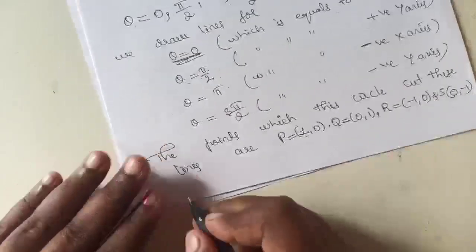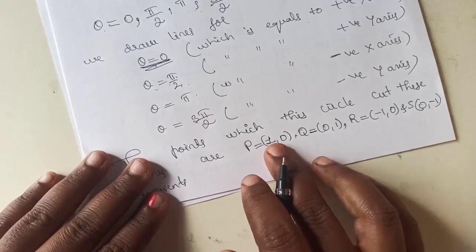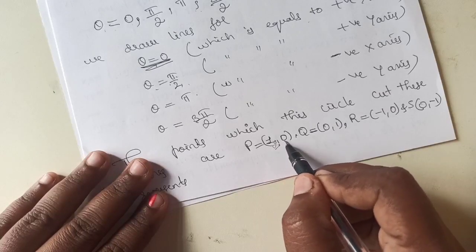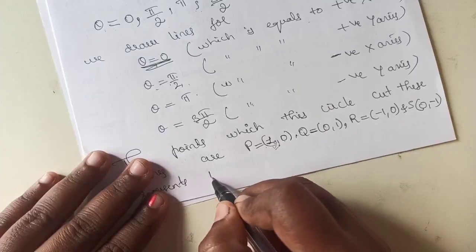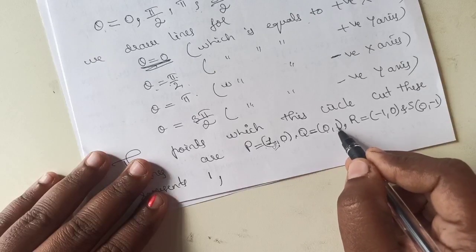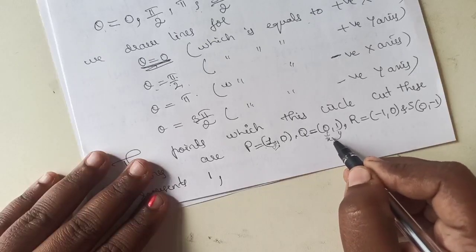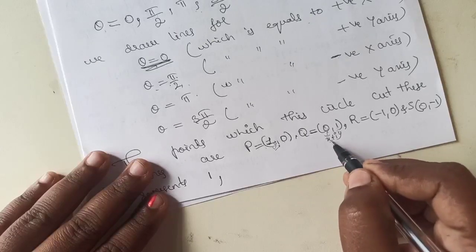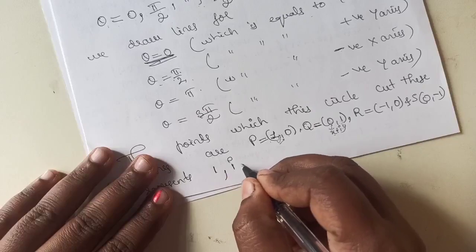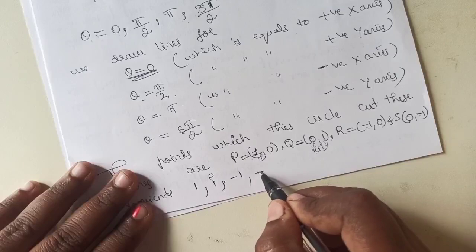So these points represent the fourth roots of unity. That is, if you transform this into complex form, you will get 1 plus 0i, that will be 1 only. Then 0 plus 1i, so this is the x value and this will be the y value, x plus iy. With x equals 0 and y equal to 1, it becomes i. And for this one, minus 1, this is minus i.